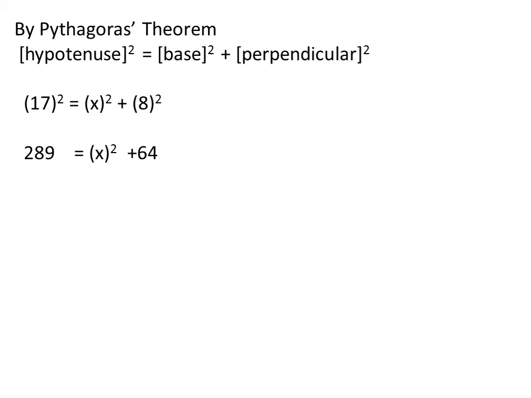Now we will move the term 64 to the other side, which will give us x square equal to 289 minus 64. By solving this term we get x square equal to 225, and by taking the under root we get under root x square equal to 15. As we know that square and under root are cancelled with each other, so we are left with the term x on the left hand side, so x equal to 15.